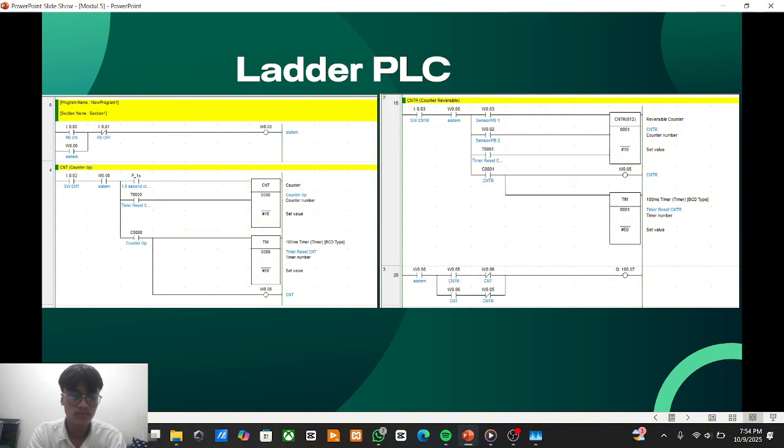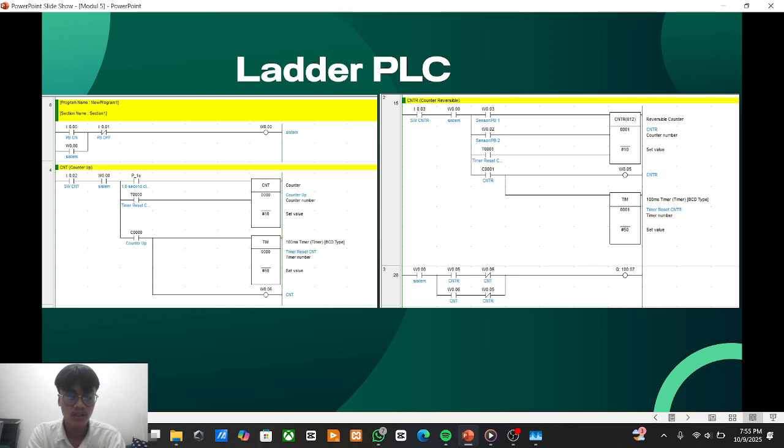When the count reaches the preset value PV, which is defined as #10, the counter output bit T0000 turns on. This timer T0000 is also used to create a delay or control timing before resetting the counter.